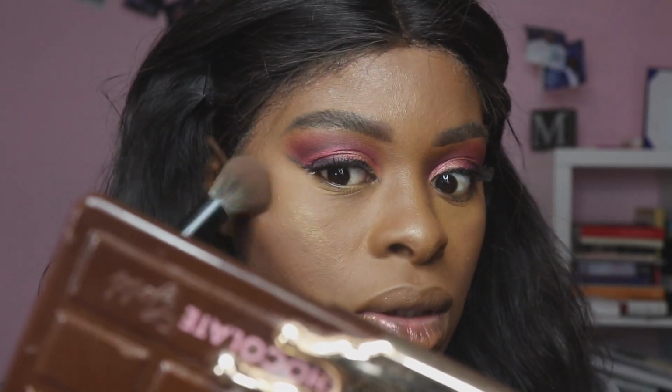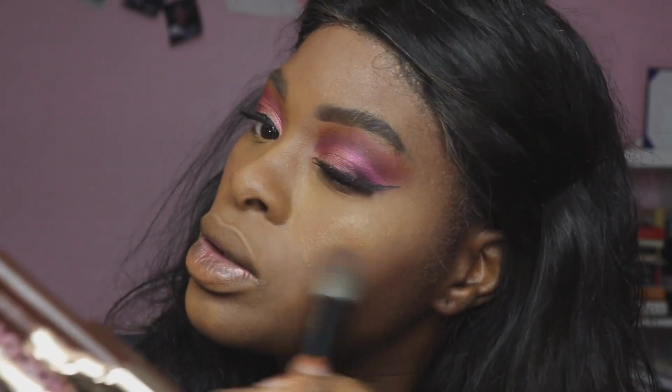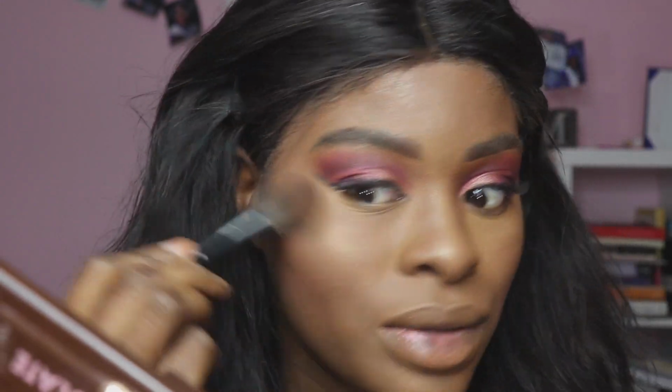But I'm gonna take a different brush and I'm gonna buff it out, because I don't want it too yellow. Just wanted that as a nice little touch on top. So now that we got that all done,